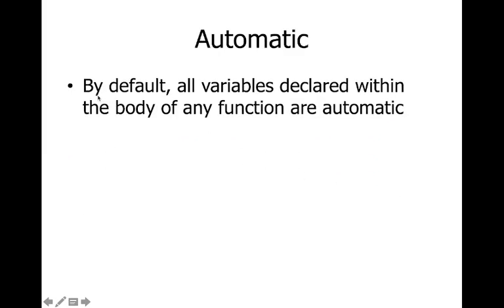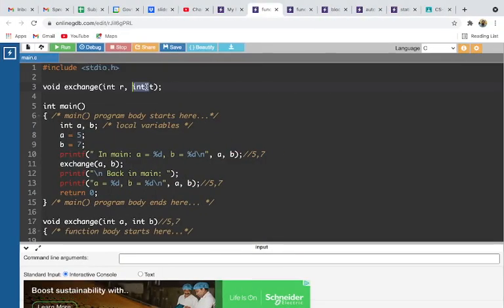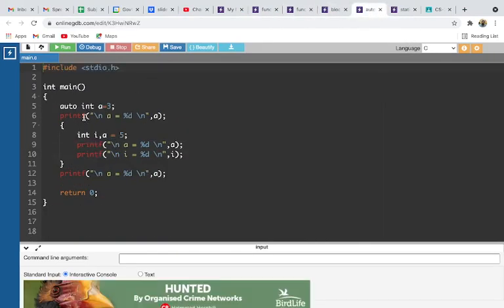Automatic: by default, all variables declared within the body of any function are automatic. So whatever declarations we have seen till now are known as automatic. We'll be using the keyword auto, so we can explicitly declare it as automatic also. If we see this example, in int main, we are declaring explicitly an automatic variable.